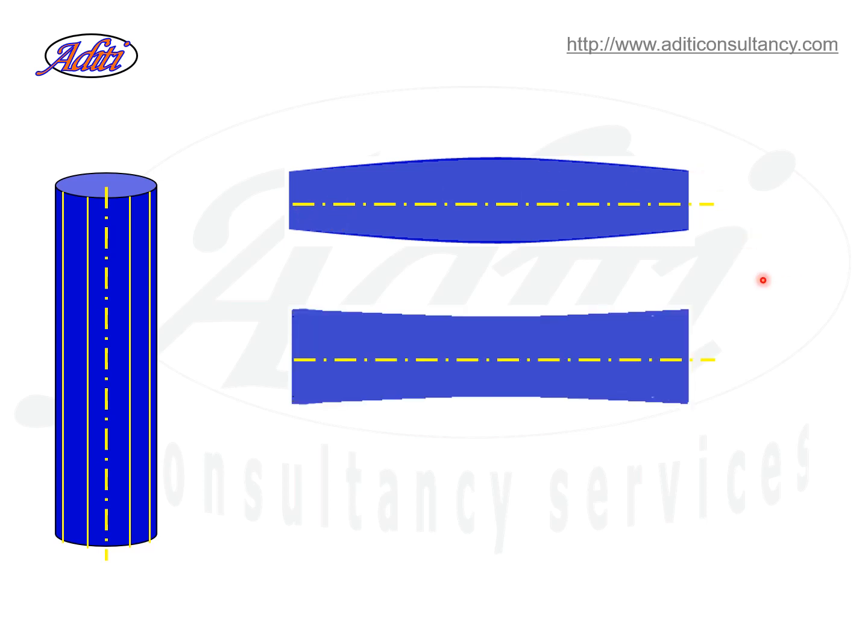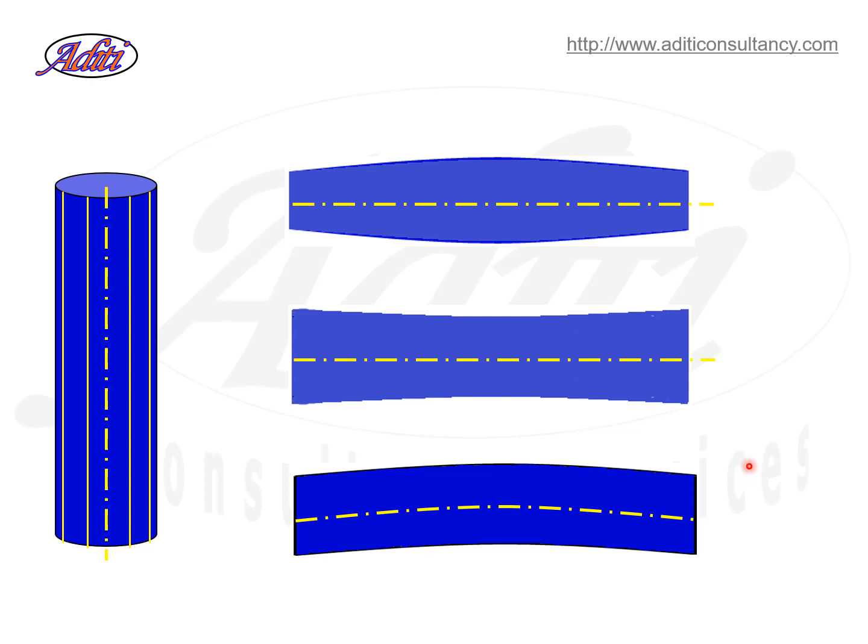It could be, in the first case it is a convex part, in the second case it is a concave part. Still, axis is straight but surface is not straight. Now if you take another part, it could be like this. Both axis and surface may not be straight. Means for a part, straightness of axis and straightness of surface are two different errors which can be measured independently. Now the functionality of straightness of axis is different, functionality of straightness of surface will be different.